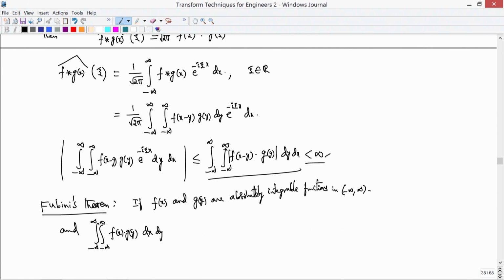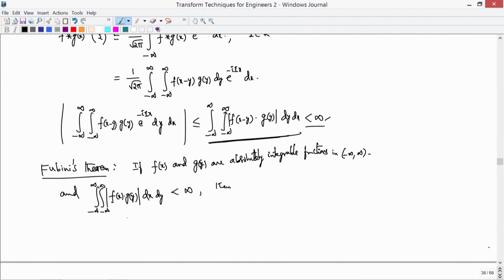dx dy, if this is finite, okay, this product, if this is finite, then that is exactly what we have. So then, if this is the case, f(x) g(y) is also an absolutely integrable function. In such a case, all these things that you wrote as a double integral, f(x) g(y) dx dy,